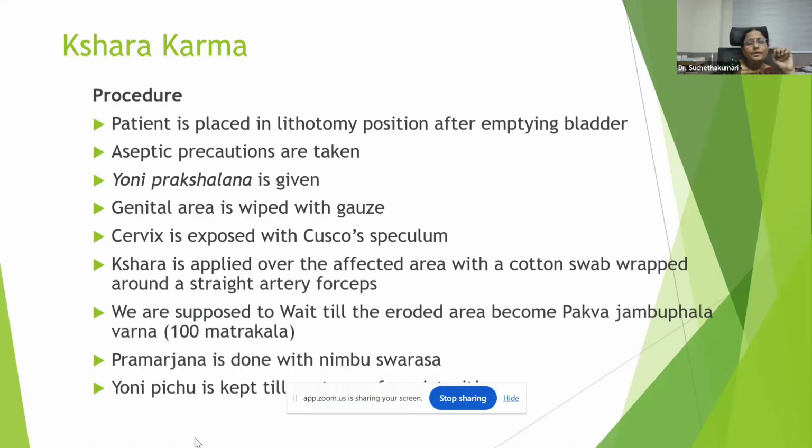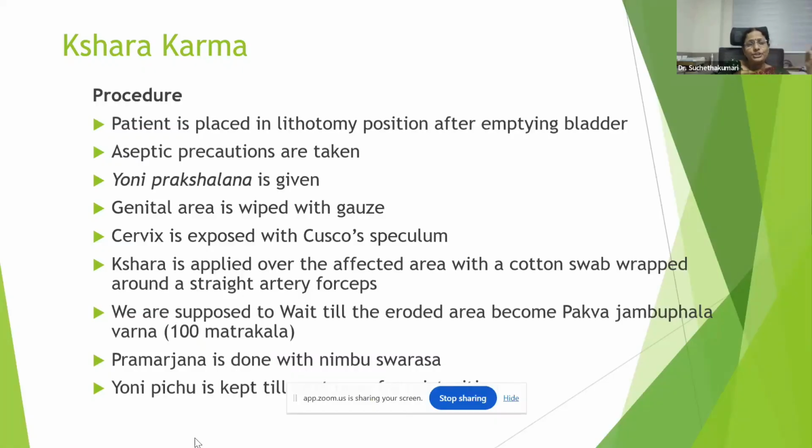So here, just because there is the overgrowth of the tissue, the ideal procedure, or the Sthanika Chikitsa, which has to be selected is the Kshara Karma. So here the procedure of the Kshara Karma is, as usual, the aseptic precautions, and the patient should be put